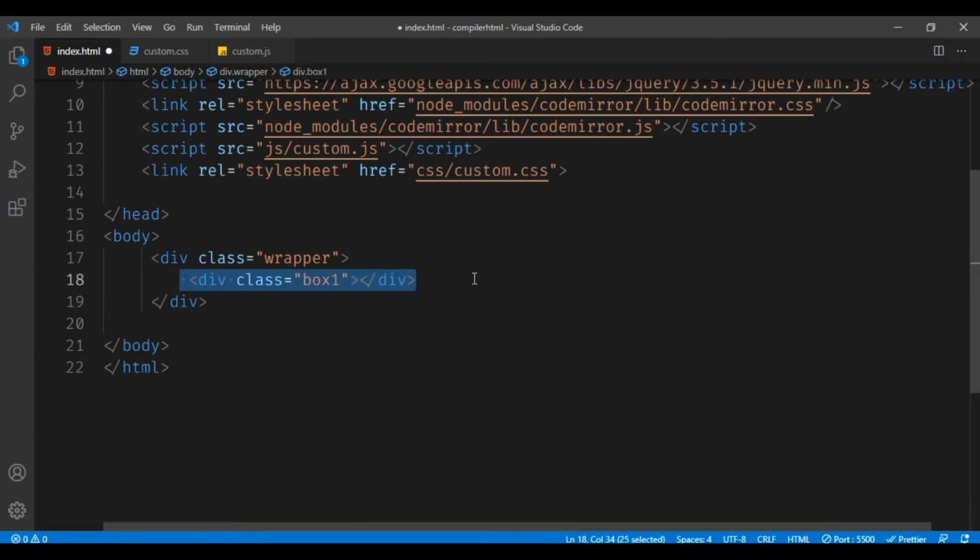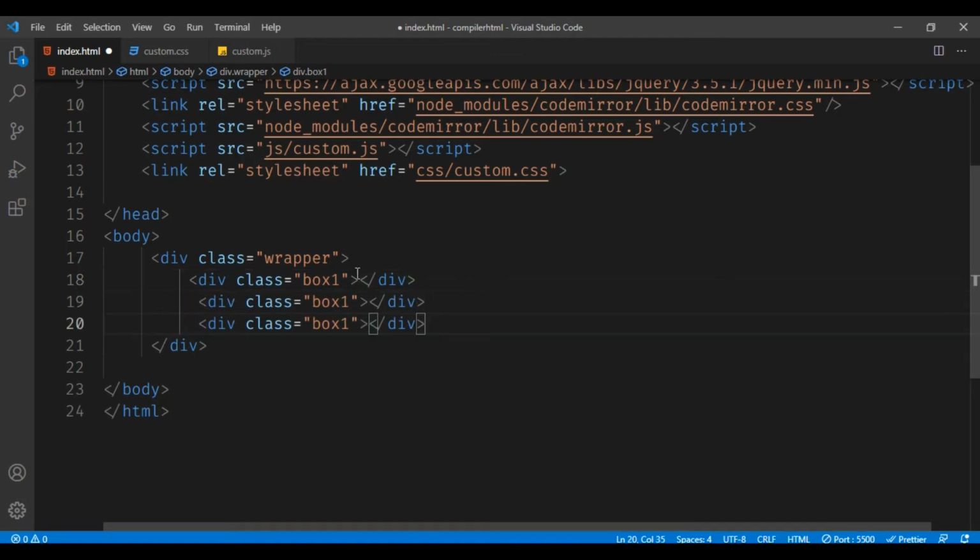Okay, let me copy it two more times. Now textarea of id html editor. Now let me copy this two more times.